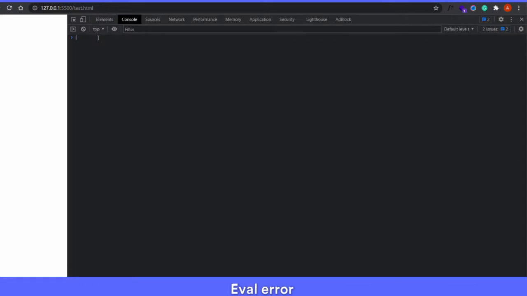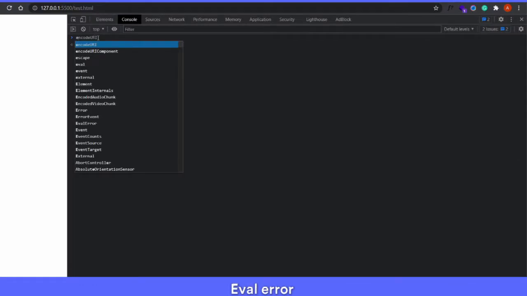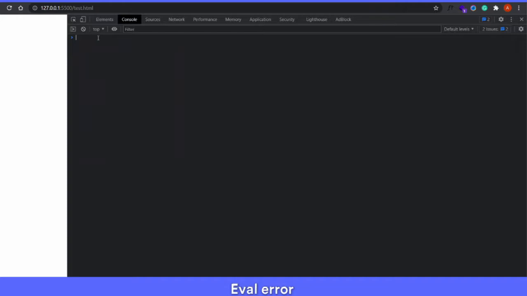So if I try to execute this eval function in the browser console, I'll also be able to execute JavaScript statements because that's basically what it does. It executes JavaScript expressions and statements.